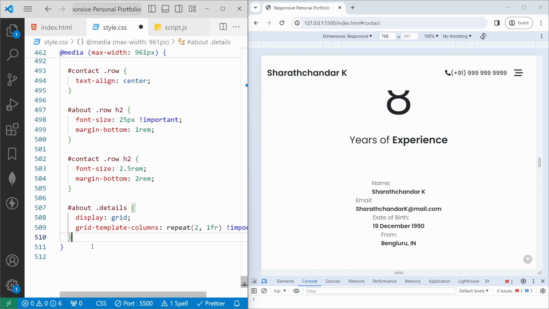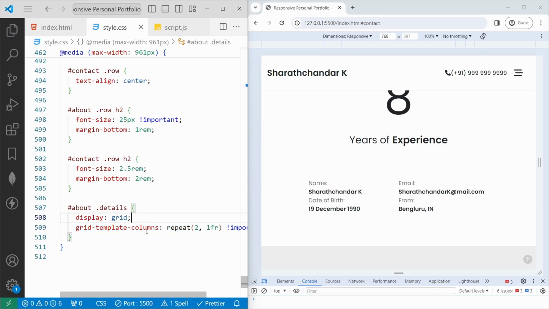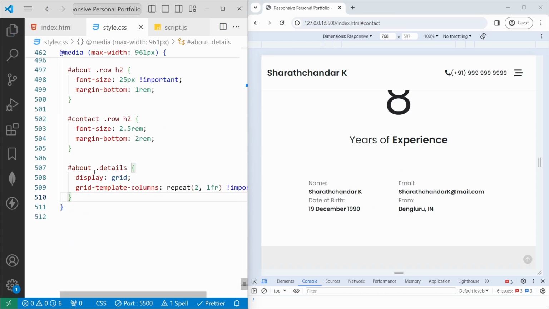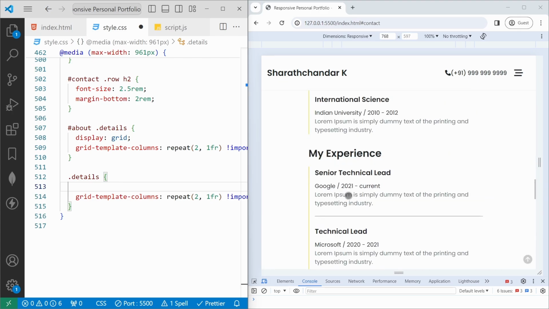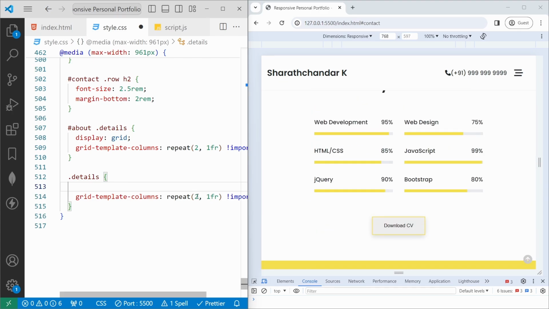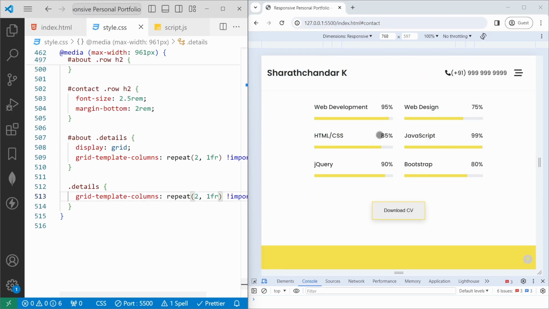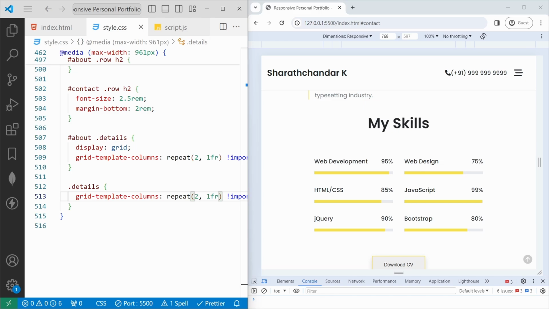So I will add the about details with the help of grid. I will set the grid repeat value to 2 for 1 fr. If I save, now we can see this, and then same thing I will do for the details of skills too. So I will copy this and paste it below this. I will remove this because we have already added the grid value to this, and I will set this to, if I save, you can see this, and will add the margin bottom to 1 rem for